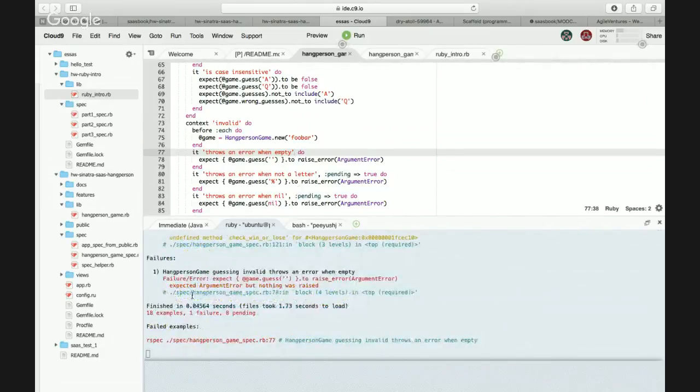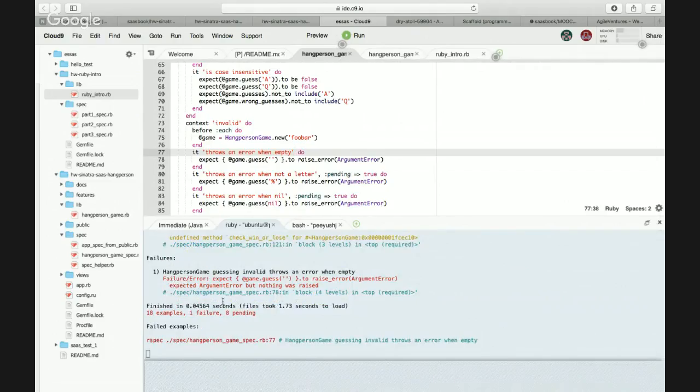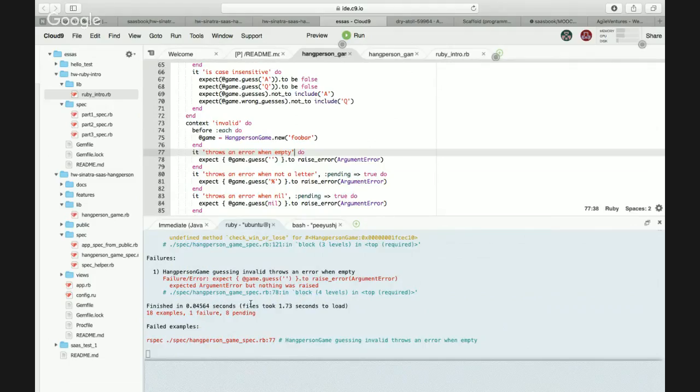Okay, so they're guessing a blank letter, and we have to raise an error. Yes, it should raise an error, and we should handle that error as well, right?